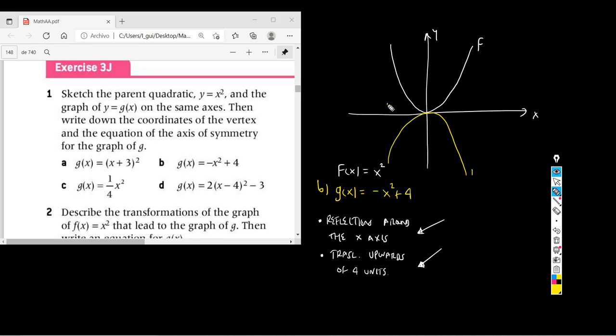So you're gonna end up with this. And this is the second transformation. This is the original f. It underwent this transformation, and then another transformation, which ends up being here. You see what I mean? So this is the end result. This is the end result of first applying the reflection and then the translation upwards of 4 units. This is what you will get in the end, which is not the same